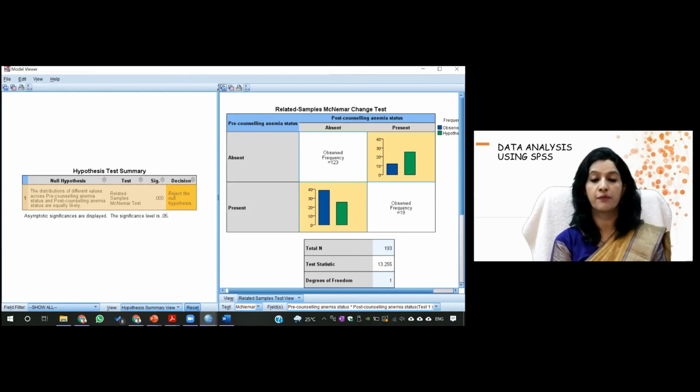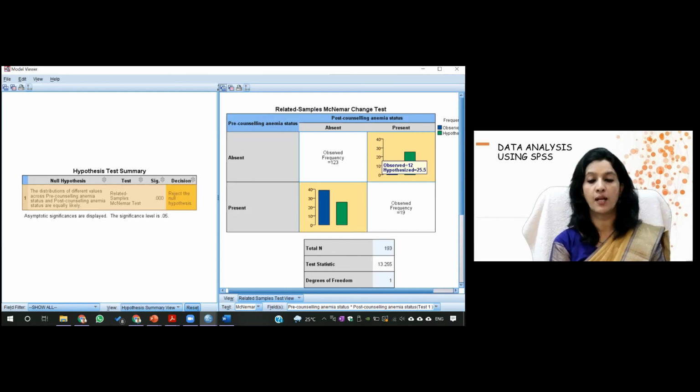So that's why if you see this, the blue one is the observed. So this you have to make a 2 by 2 table with this observed one. We have read in the chi-square that we report a 2 by 2 table with the observed frequency. So how are you going to make the 2 by 2 table? You write 12 here because the hypothesized you don't have to write.